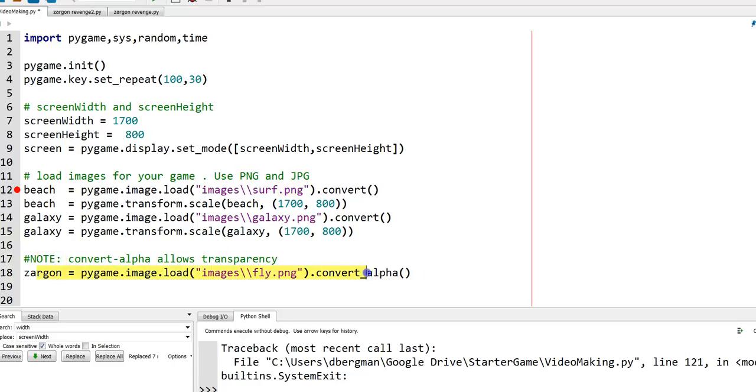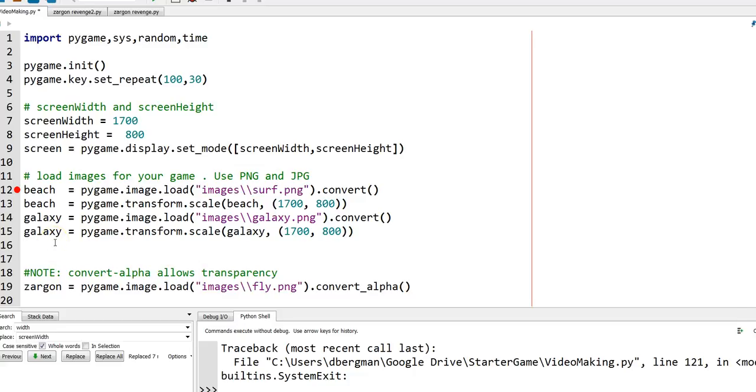Zargon was a little bit different because it has a see-through, transparent background, so we needed to do the convert alpha for that. But if it's just a regular picture with no special backgrounds, we can just do this. So why don't we call boron equals, and then we're going to have something that looks a lot like this. I'm just going to copy and paste that, and that is boron.png. Don't forget the convert at the very end,